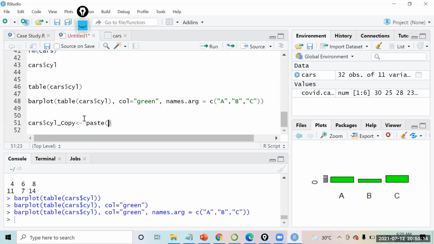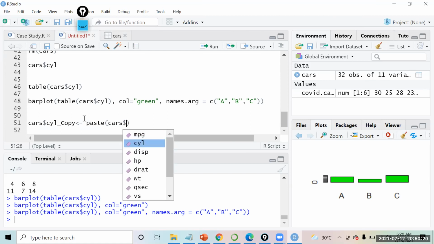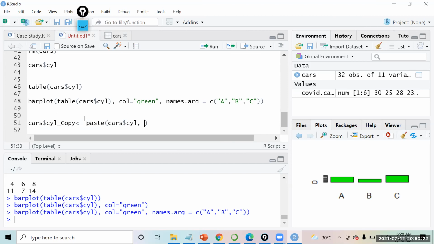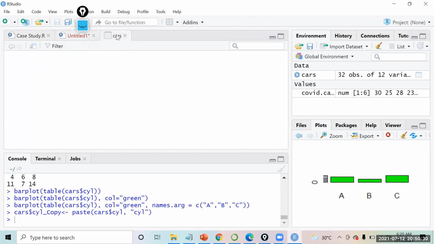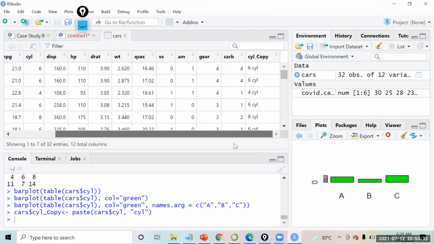So I want to paste cars dollar cylinders and cyl. Okay, the rest I can try on my own. Thank you so much. Yeah, this makes sense now.